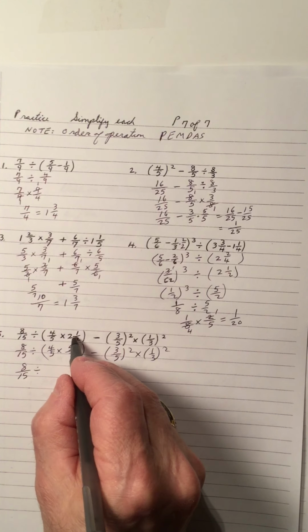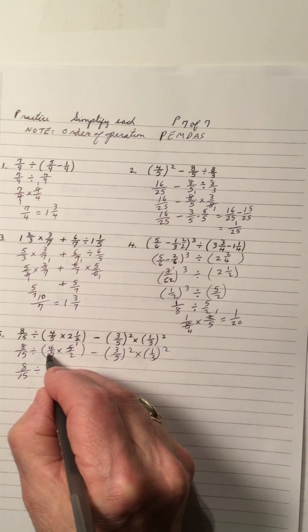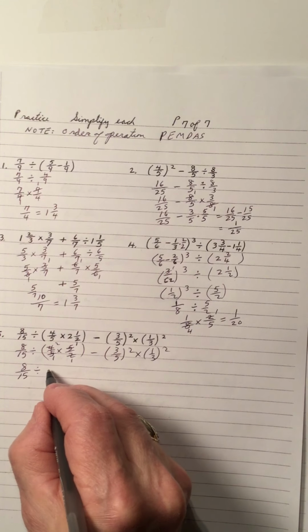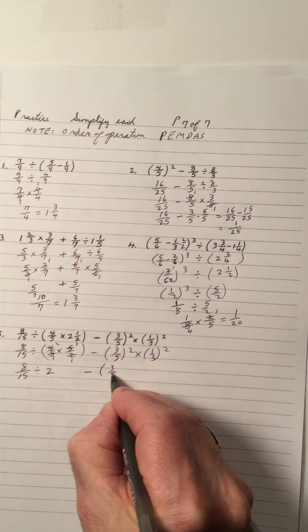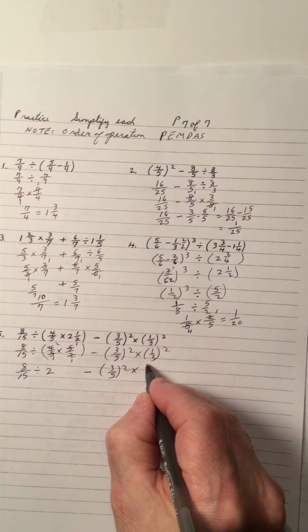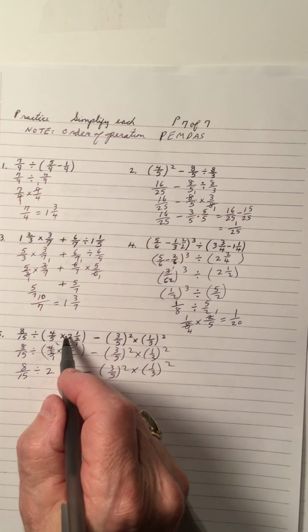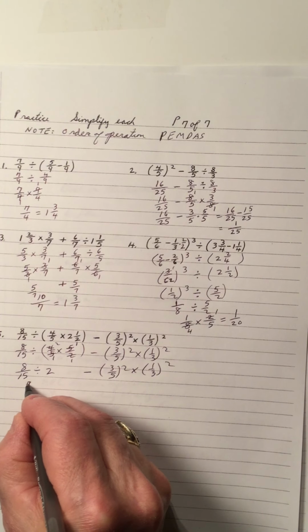So I have the mixed numeral changed to an improper fraction. Now I cancel: 5 once, 5 once, 2 once, 2 once. So that becomes a 2. Subtract 3 over 5 squared times 1/3 squared. Notice I have this bracket fully done to a 2. Now I have to obey